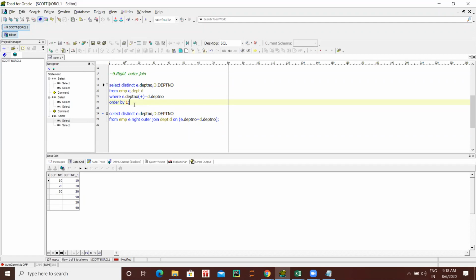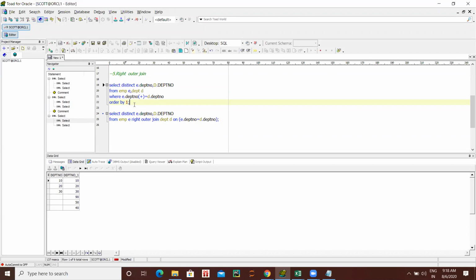These are very, very important questions, and they'll confuse you in interviews. First, try to clarify your doubts. If you practice, you'll come to know. Maybe you can create a table A and insert some numbers 1, 2, 3, 4, and create a table B and insert some numbers 4, 5, 6, 7. Some values are extra here, some values extra there. If you do this left and right outer join, you'll easily understand.